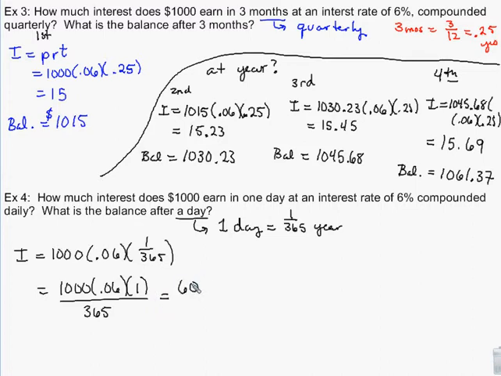So that's 60 divided by 365. And so 16 cents for that one day. So in the end of the one day, our balance would be 1,016. And then the next day, the interest would be calculated not on 1,000, but on 1,016. And then the next day, let's say it earns 17 cents that day, then the next day it would be calculated on 1,032. And then the next day it would be counted on 1,049, and so it would just keep building